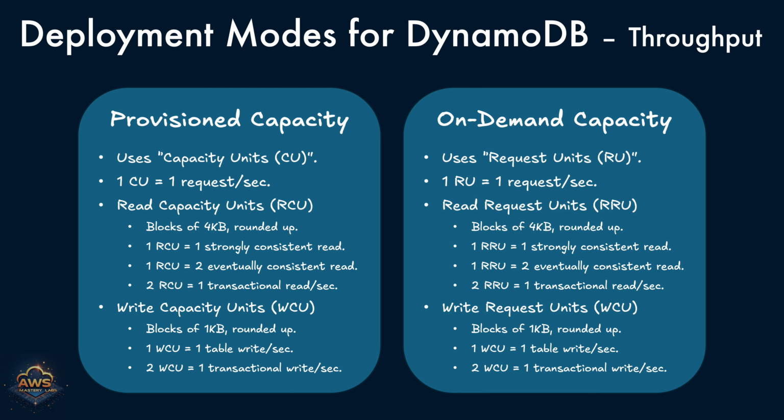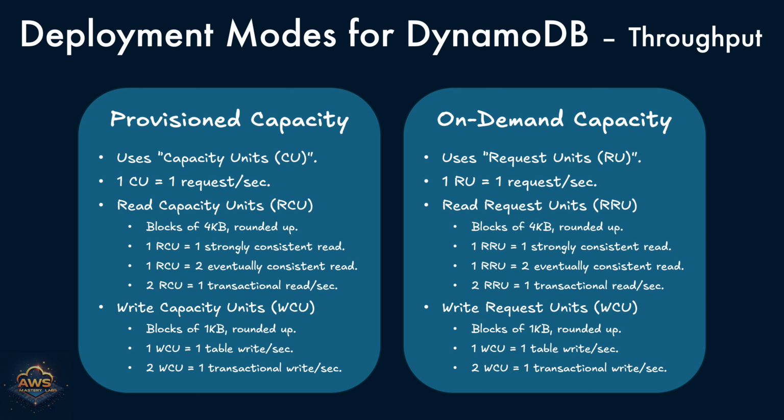When operating in on-demand capacity mode, DynamoDB offers a flexible and automatic scaling model. You don't need to pre-allocate capacity. Instead, you're billed based on the number of requests your application makes, using request units, RU, as the unit of measurement. In this mode, the system intelligently adjusts throughput based on demand, making it ideal for unpredictable or spiky traffic patterns. Let's look at how it works,